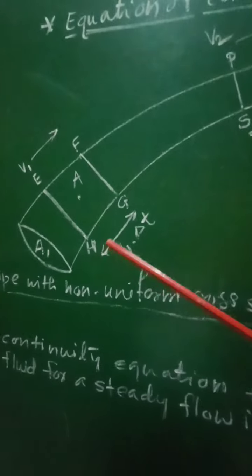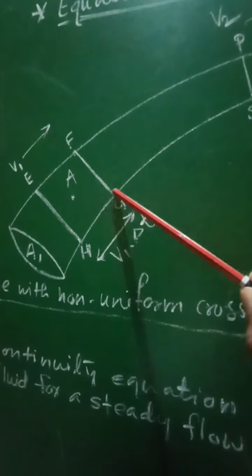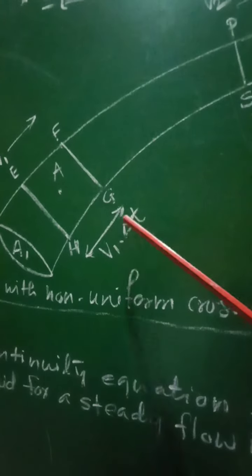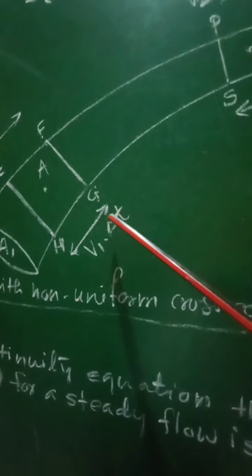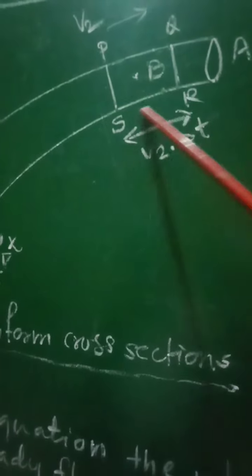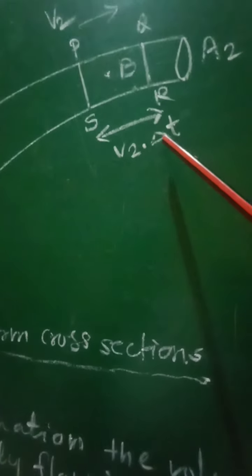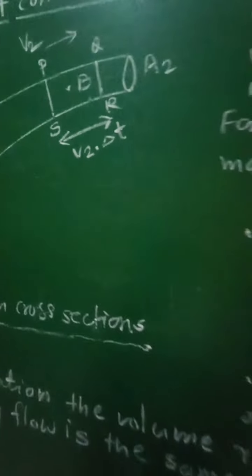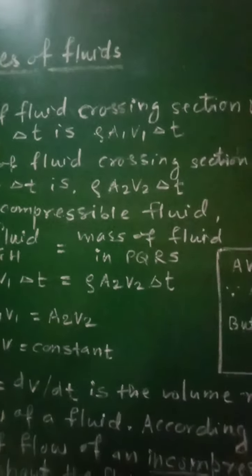Now in this diagram, the distance HG will be considered as displacement, and that's why it is written as v1 into delta t, because displacement is equal to velocity into time. Similarly, distance SR, that will be the length of this section, it will again be nothing but v2 into delta t, velocity into time interval. And therefore now the mass of the fluid crossing the section